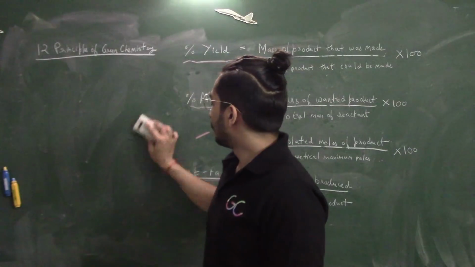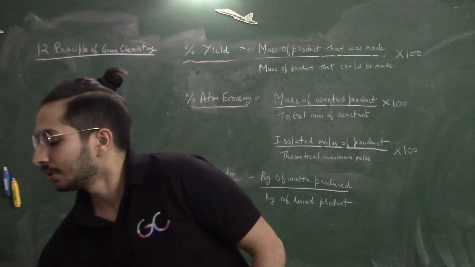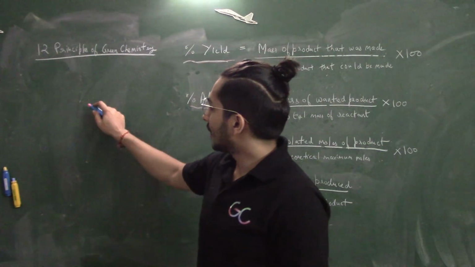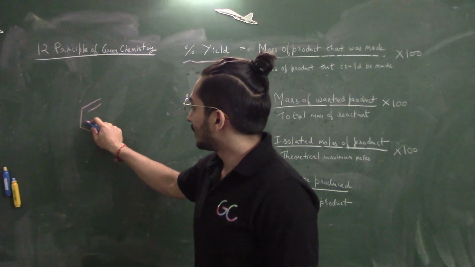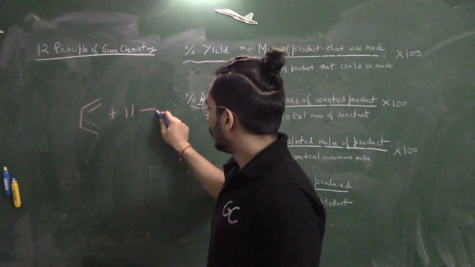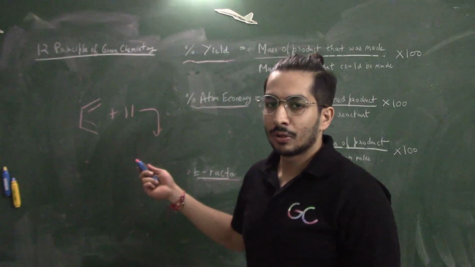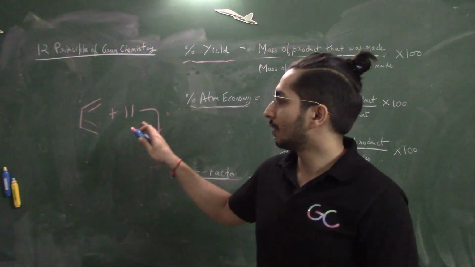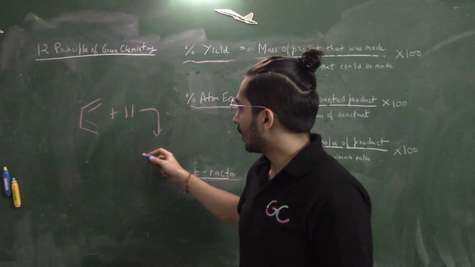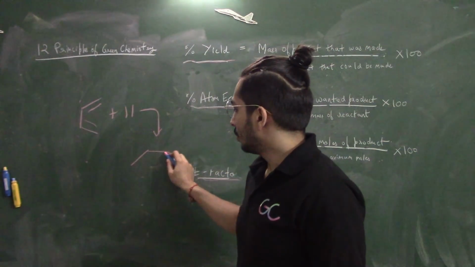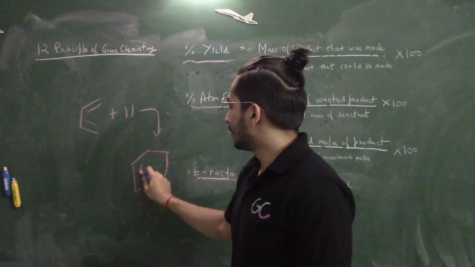I can give you a very simple example just to state my point. That is the Diels-Alder reaction. If you look into this, what is happening? You are using either heat or light. First of all, you don't have any other reactant or reagent over here. And what are you getting? You are getting 100% atom economy over here.